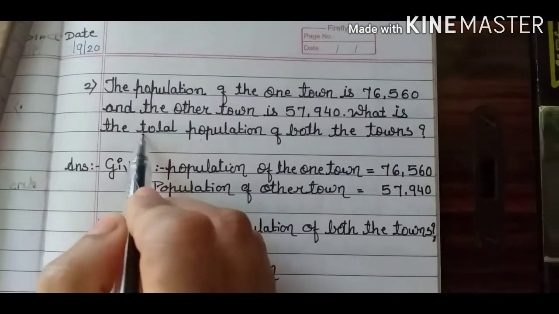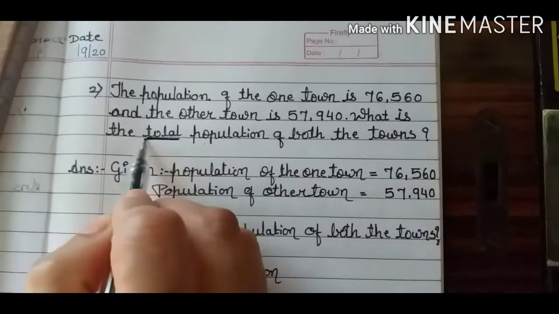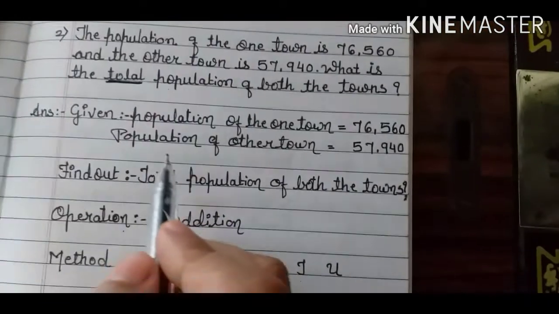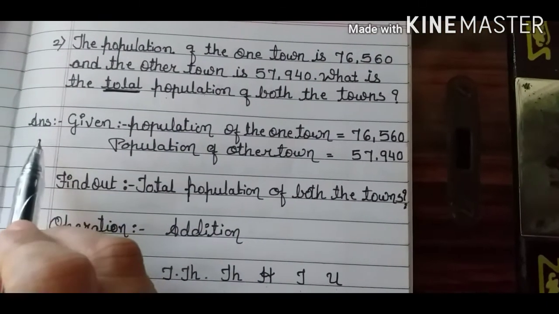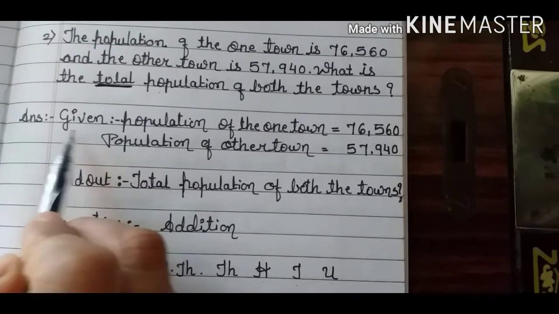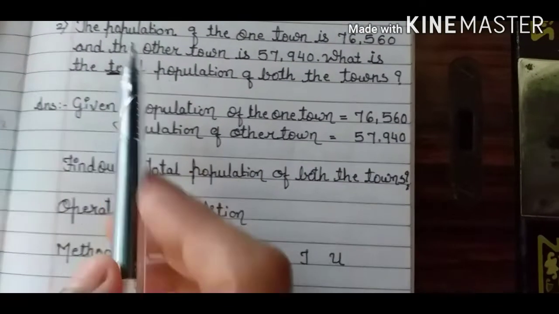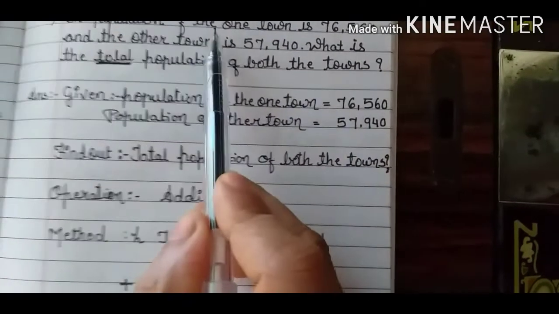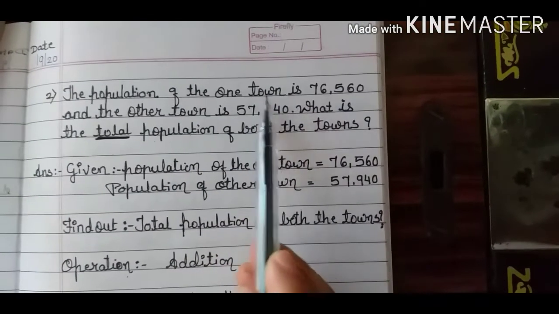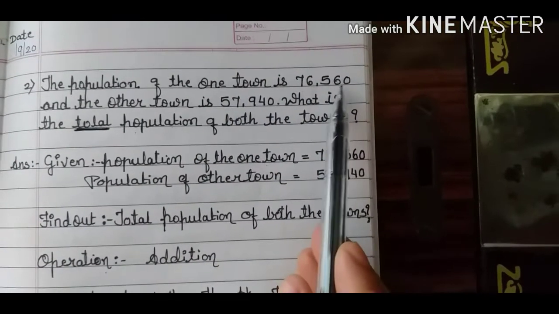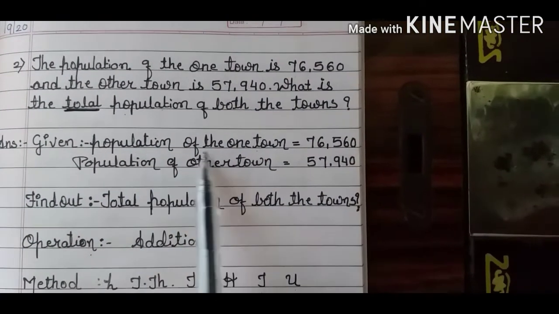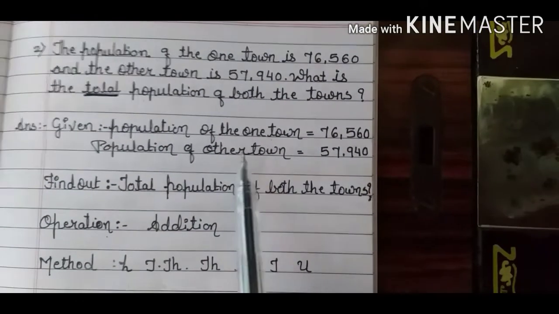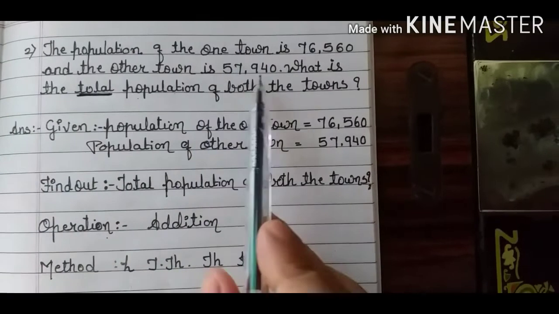Now see here, the keyword is total. So from this word total we have to understand that we have to do the addition. Now we are going to write down the first step, that is given. So this given you have to write from the question, the population of one town. See here, the population for the one town is 76,560. So same you have to write down in given also. And second one is given, population for other town. So this also you have to write from the question: